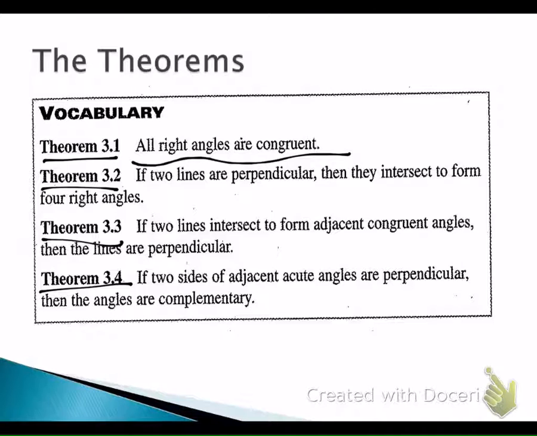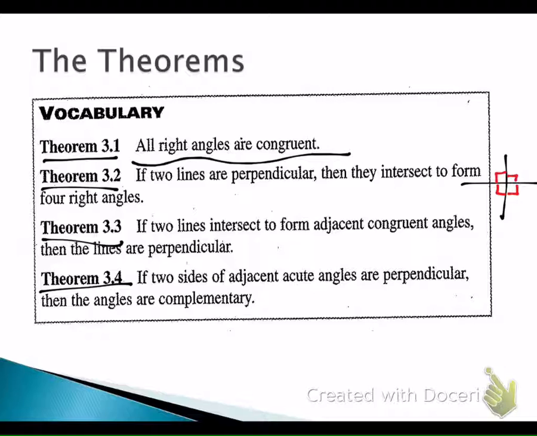So typically, if you see perpendicular lines, only one of the angles is labeled with that box. But technically, they're all right angles. So now if you want, you can label them all with the little box, or you can just remember if one of them has the right angle symbol, they're all right angles. That's the second theorem. The third theorem says that if 2 lines intersect to form adjacent congruent angles, then the